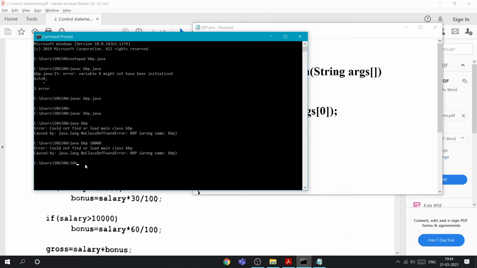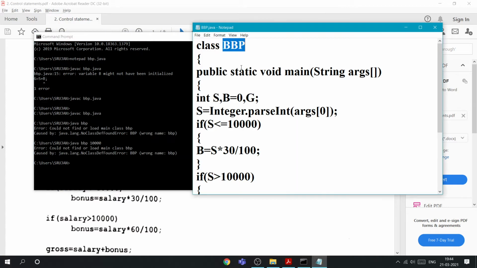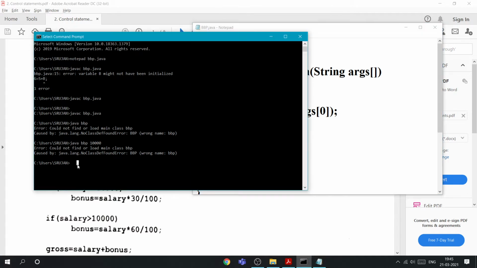Java space, so that's why we need to give the same. I'll do the same thing here also. It should match. Okay, it's the same, right? Wait, I think I made a mistake. The file name is also in caps only. Okay.